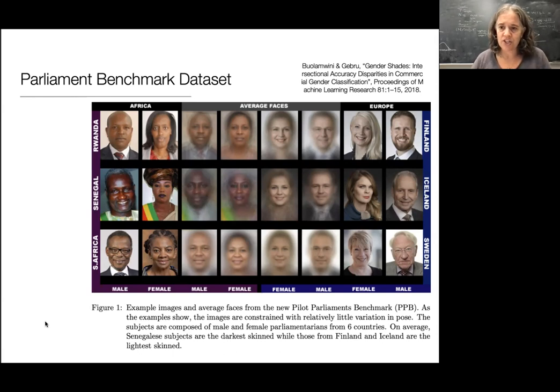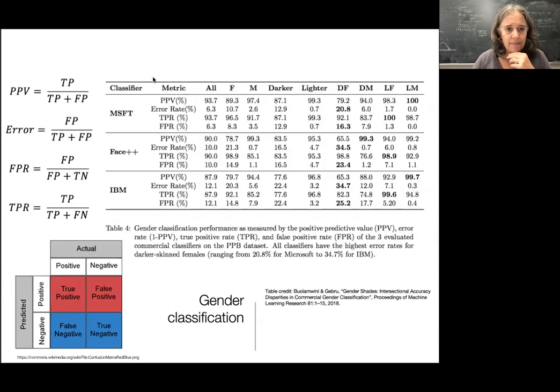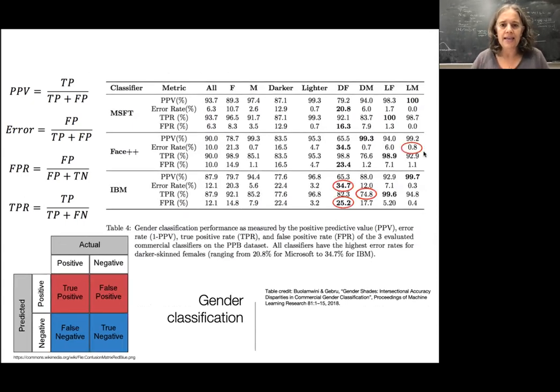And they put these observations through some off-the-shelf classifiers. And they said, okay, how well do I classify this person on these two binary axes, so dark-skinned versus light-skinned, and female versus male. And these are the classifiers here, and we're measuring something called positive predictive value, an error rate, which is 1 minus that positive predictive value, as well as the false positive rate and the true positive rate. And I've tried to put these all here so that you can have that. And what I want to point out is that